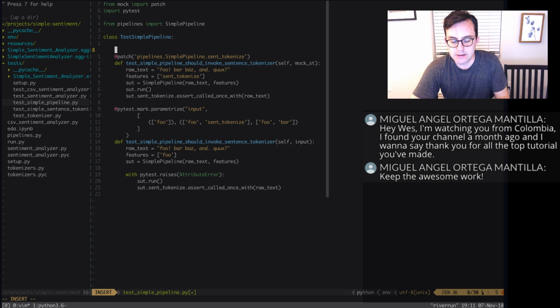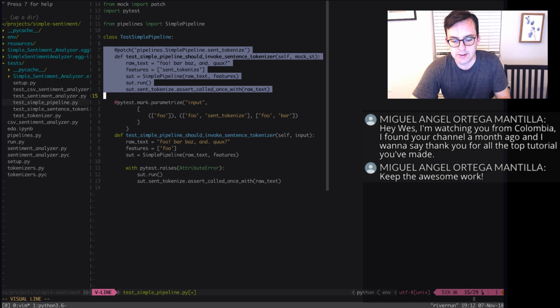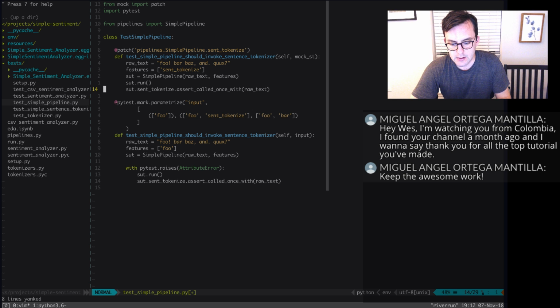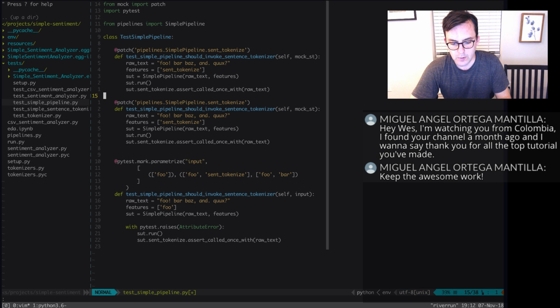Here what I'm going to do is, actually, I wonder if I can have the parameterized decorator on top of the patch decorator. So like we want to test, actually I'm just going to make it a separate test for right now, and I can refactor the test later if we want. So simple pipeline word tokenize, and should invoke the